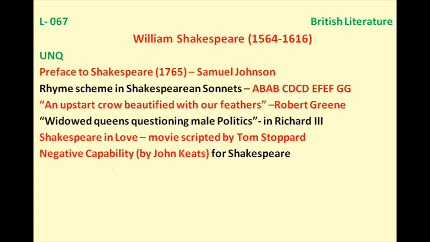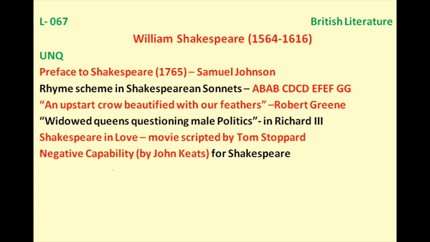In the next question, we have: Samuel Johnson's edition of Shakespeare appeared in which year? So the answer is 1765. In this year the edition of Shakespeare was published by Dr. Samuel Johnson. Another question: when William Shakespeare made his debut as a playwright in London, one of the university wits,